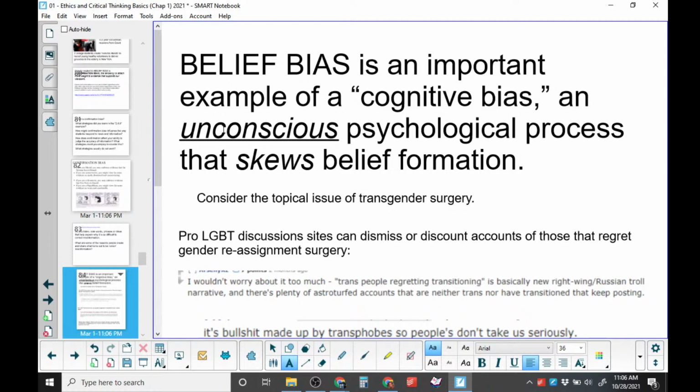Where's my mouse? There it is. Because we've been talking about belief bias, I came up with another example. And I just wanted to give an example in which you can see that it happens to everybody, regardless of whether you're on the side of truth, justice, and the Canadian way. Although apparently I heard that they changed Superman's slogan. It used to be truth, justice, and the American way. And now it's truth, justice, and a better tomorrow.